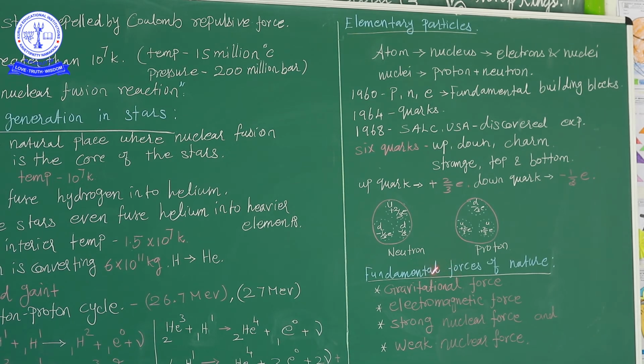So what is the gravitational force? The force between two masses. In previous classes, Newton discussed the gravitational force. We know the gravitational force between two masses is universal in nature, between a planet and a man. You sitting on the top of the earth, there is a force between the earth and you. The gravitational force will occur.